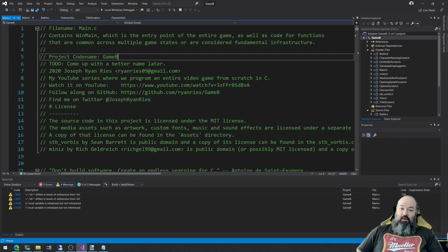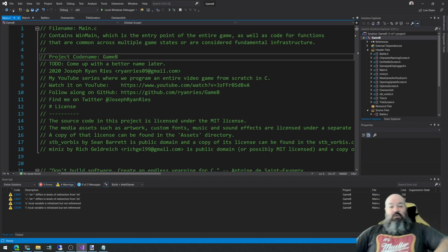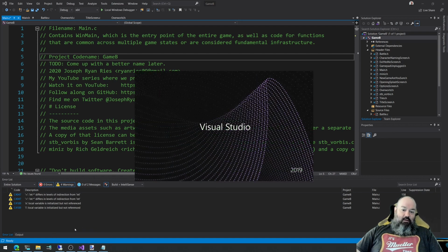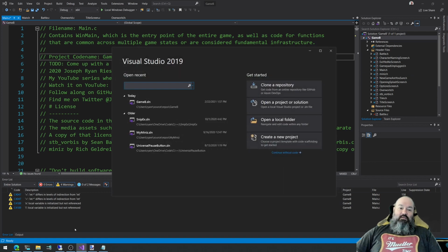Beyond that, I can't really promise much. This is going to be a large undertaking. So, all right, enough talk. We got to start somewhere, and I guess I'm going to start by starting a new instance of Visual Studio,